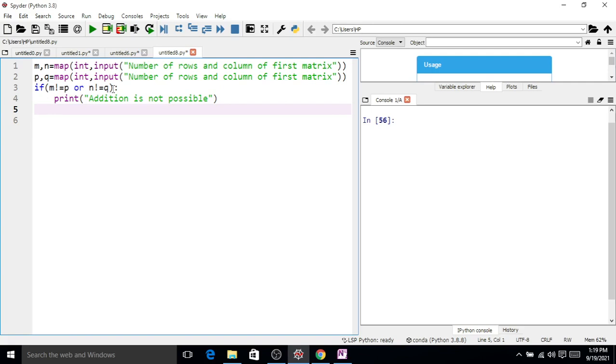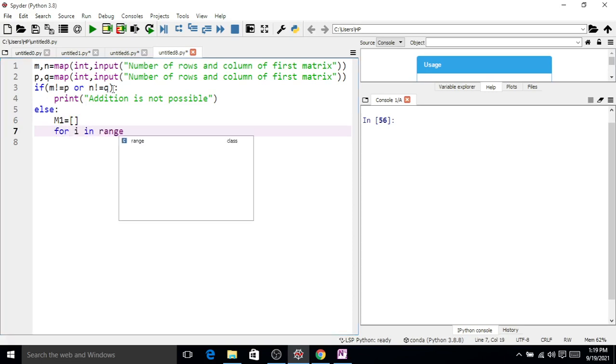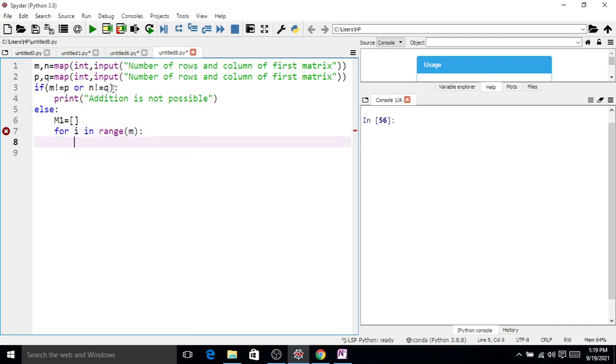Now else, we want to enter matrix A and matrix B from the user. So again we create first an empty list for the matrix, we indicate the first matrix by M1, again by using a for loop, for i in range m, for j in range n.